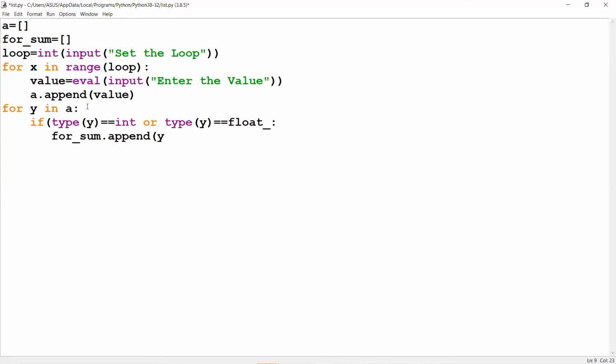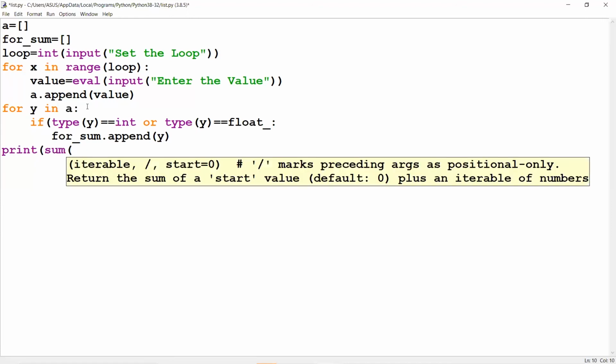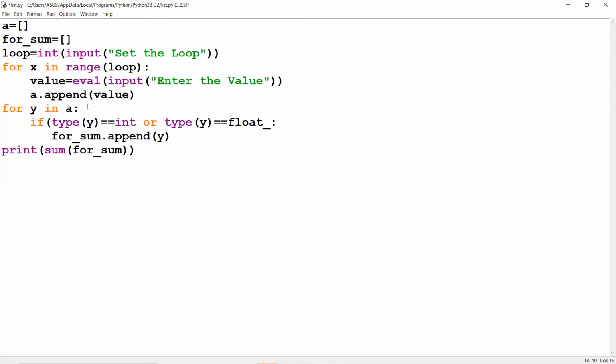Okay guys, after that we will find the sum, using the inbuilt function sum on the list. Let's run the program.